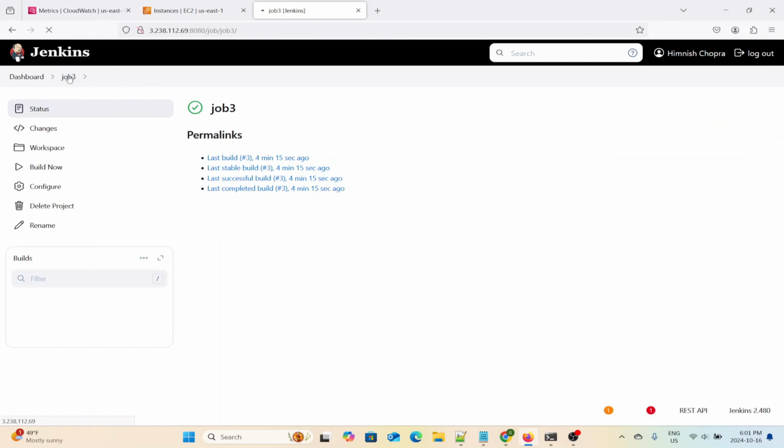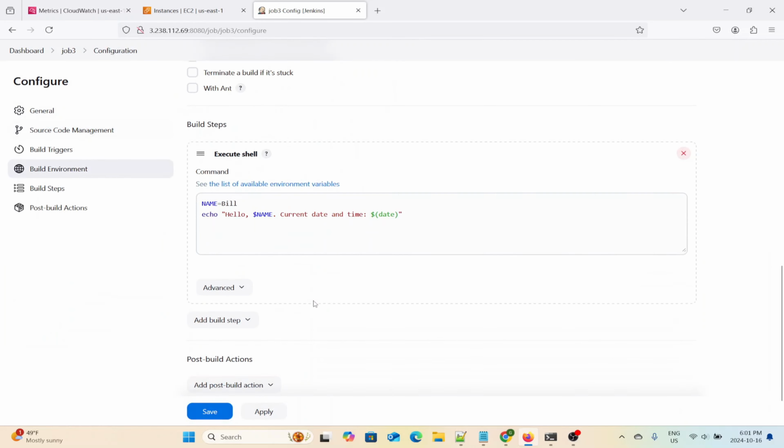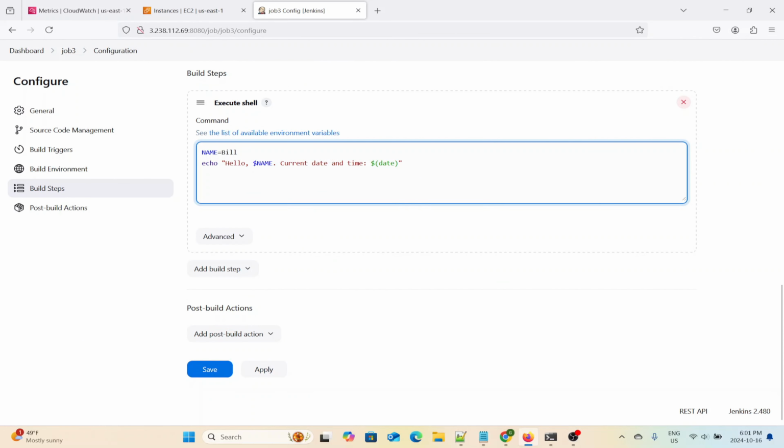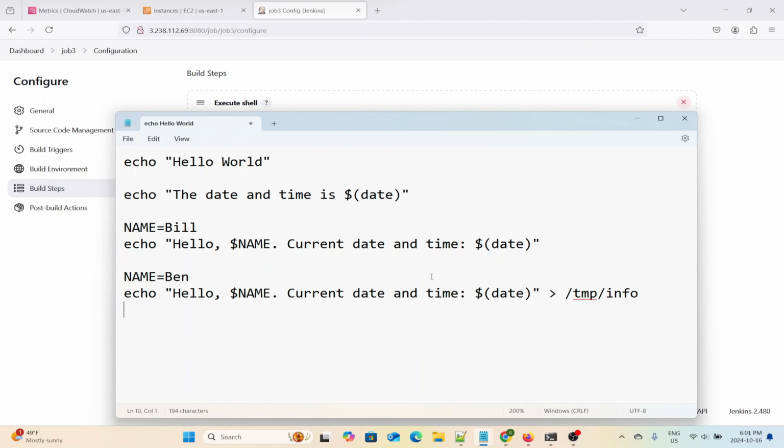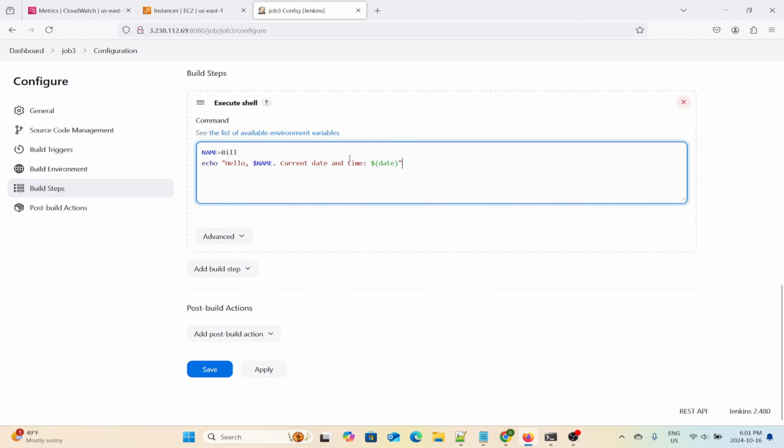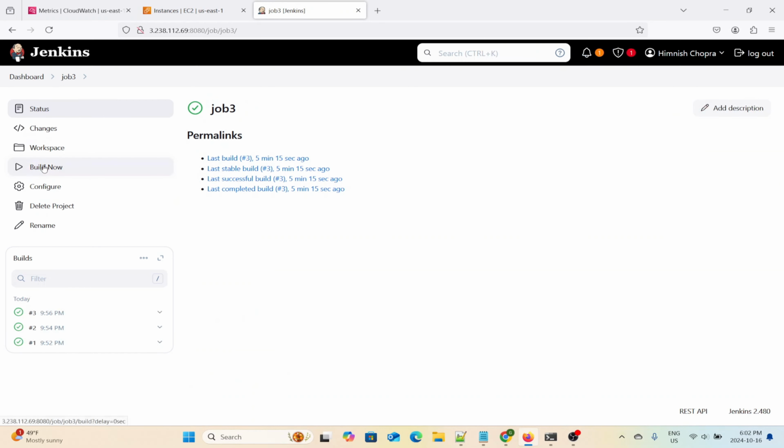So we will go back to our job. We will configure. We will modify this. We will now put a similar command, but as I mentioned, we are writing to this file. So we'll put a new name just so that you could see it gets overwritten, and it will also have another time. So we'll do Ashley. So now it'll write this into this file within my Docker container, because as I mentioned, Jenkins is running in Docker for me. Save, build now,